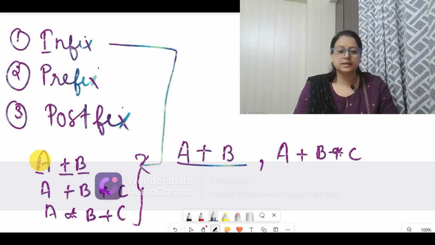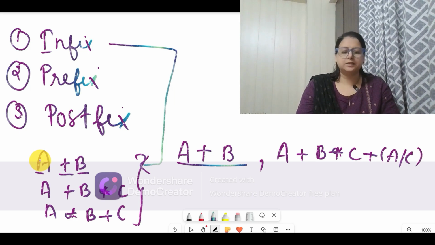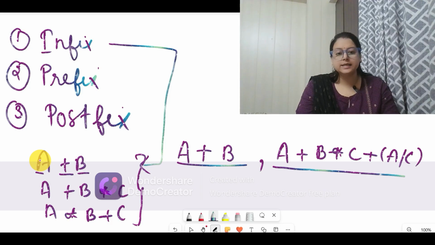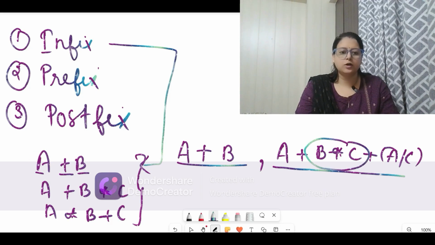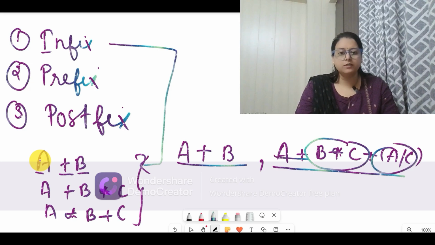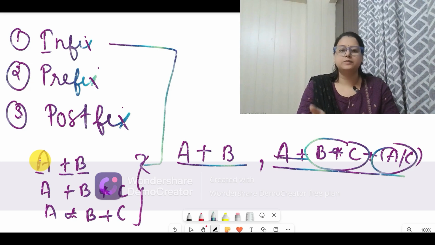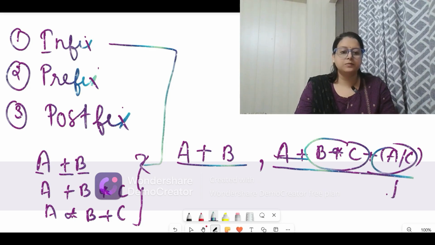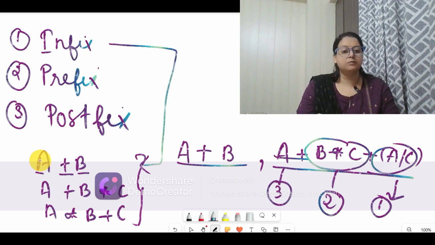And if more things are coming, then we can use brackets also. This type also we write. But in our mathematics, we know how to solve this combination. There is no problem of solving this type of expression. Why? The reason is we know the priority. Which part, either this or this or this, will be solved first, then the resultant will come, which will be combined with the second one. So this we know. First of all, division will be performed, then multiplication will be performed, and then finally this A will be added.